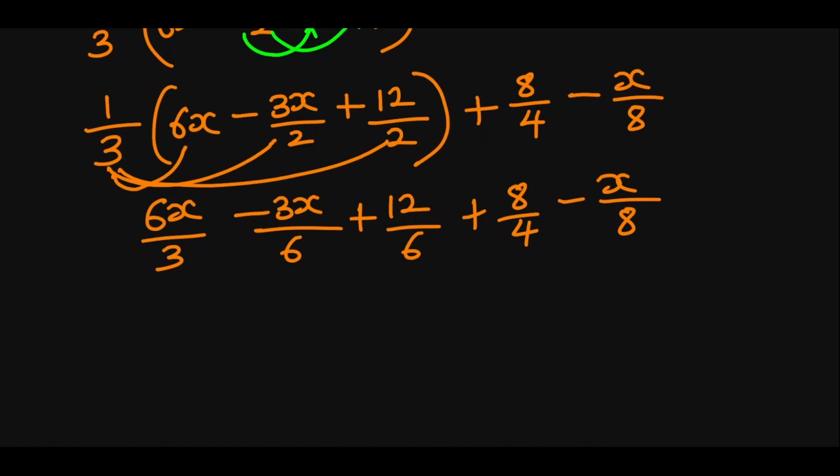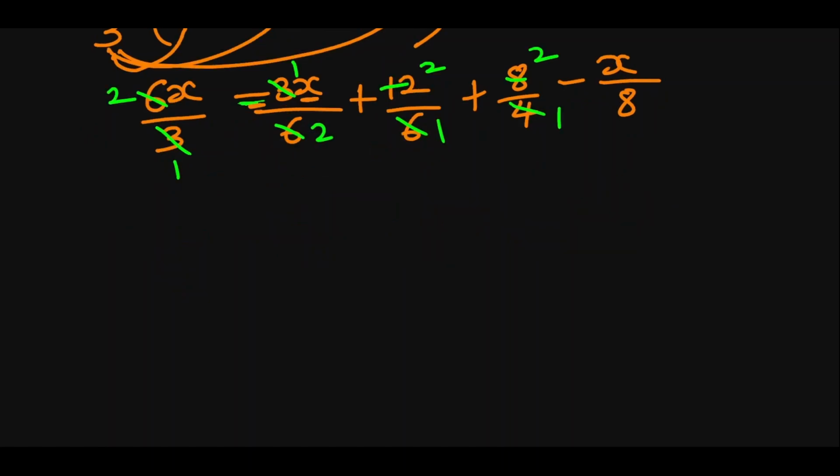Now let us cancel out or simplify the fractions individually. So let's start from left to right. 3 here 1, 3 here 2. 3 here 1, 3 here 2. Don't forget this minus here. 6 here 1, 6 here 2. 4 here 1, 4 here 2. Writing it out now, what is left will give us 2x minus x over 2, that is this minus x, I'm not leaving the minus behind, plus 2